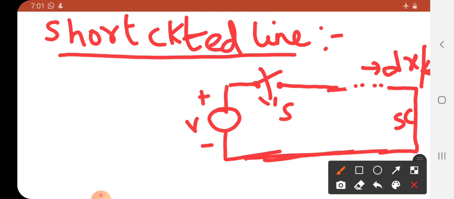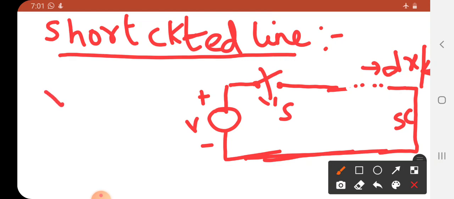So at the dx element, the energy stored by the capacitor is going to vanish. Can we say vanish like that? No, here it has to satisfy the law of conservation of energy. That is, energy can neither be created nor destroyed, but can be transformed from one form to another. So here also the same thing happens.